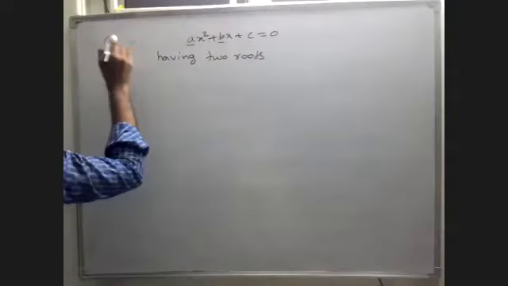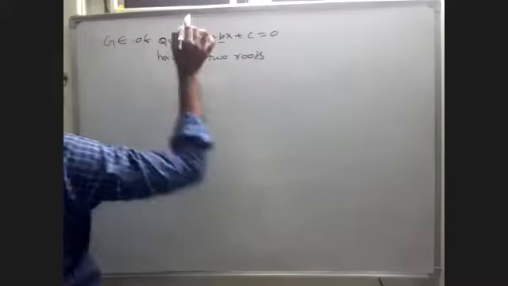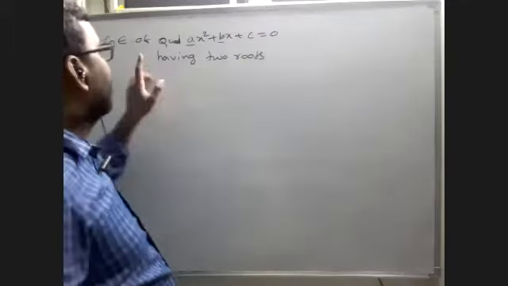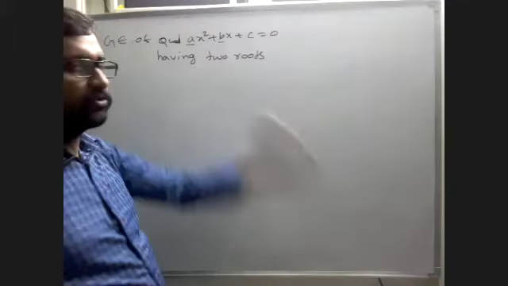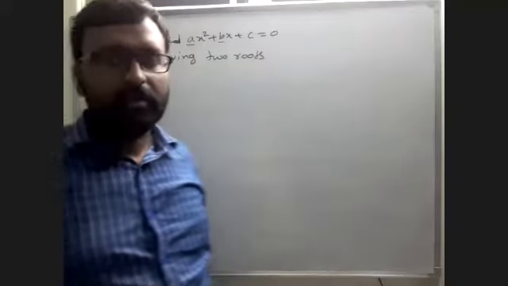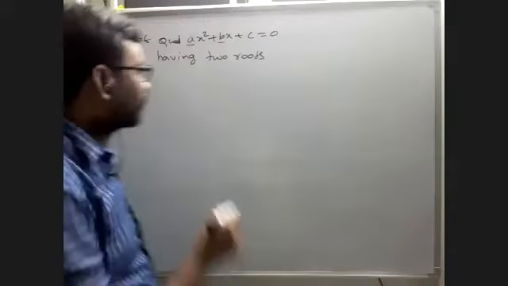The general equation of a quadratic equation is ax square plus bx plus c equal to 0, having two roots. Okay. Now, to find the two roots, the first method is